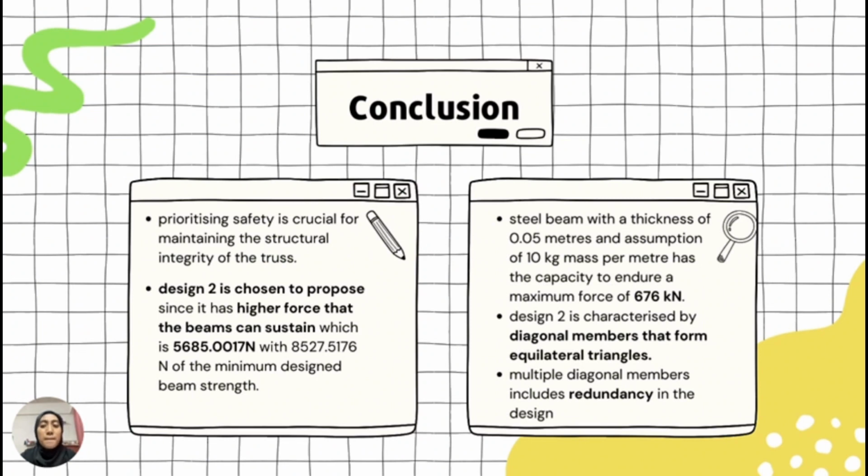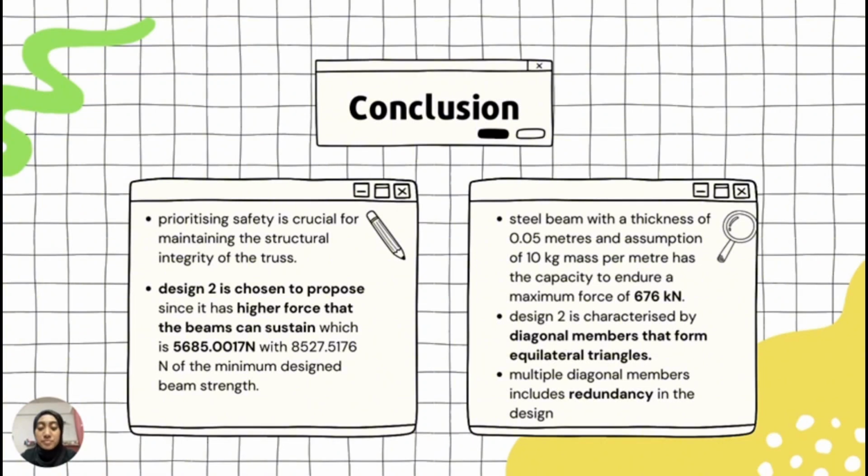beam strength. Based on the material used, a steel beam with a thickness of 0.05 meters and an assumption of 10 kg mass per meter has the capacity to endure a maximum force of 676 kN. This resilience surpasses the 5,685 Newton highest force reaction in Design 2 just now, making the structure safe to use in construction. So this affirms that the selected size for the steel beam is appropriate to prevent any instances